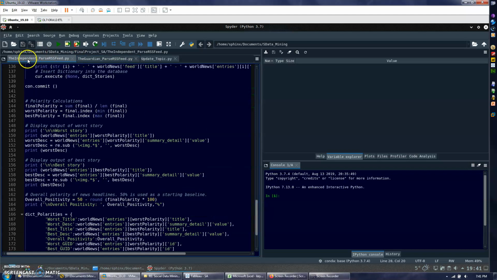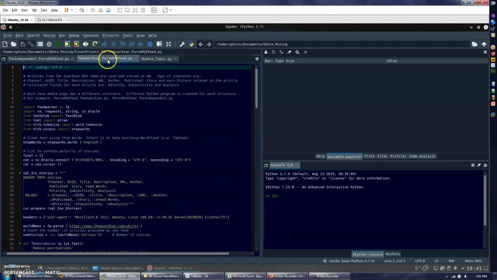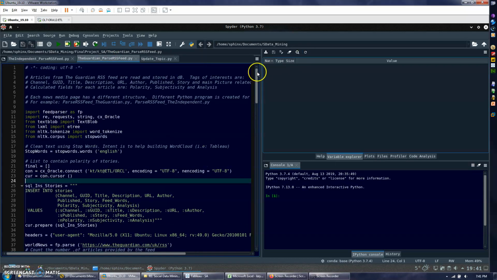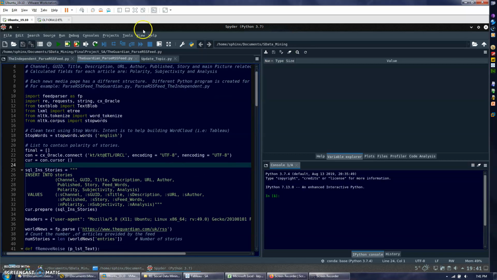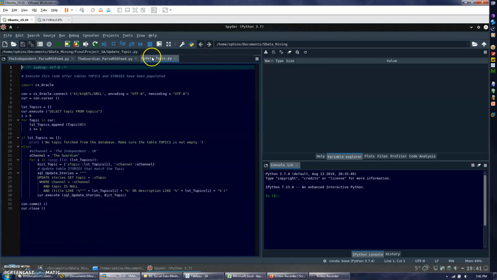So the Independent is like this, the code I showed you. The Guardian is also similar, but I had to write a different code because it has a different structure than the Independent. Once this part is done, what I do is, because I don't know the topic